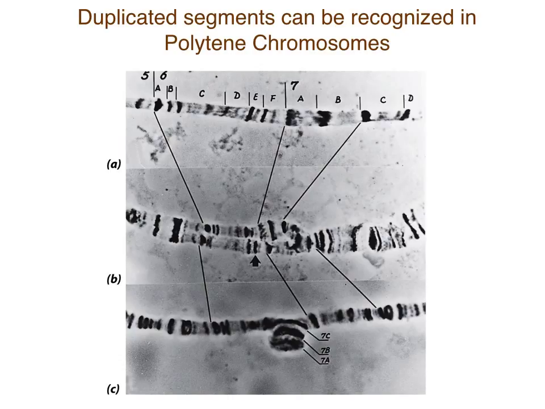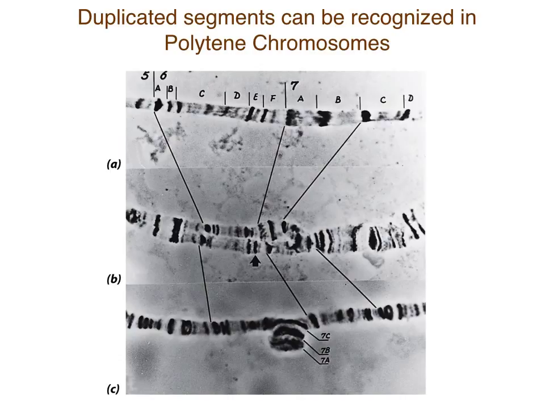It just depends, right? Because if you have a deletion of part of it, that's not going to have anything to bind with. Same thing with the duplication. But the point is that you would recognize some sort of chromosomal abnormality. If you had a duplication, how would you detect that? Remember, it's polytene chromosomes. How would you detect either, really, but especially a duplication?